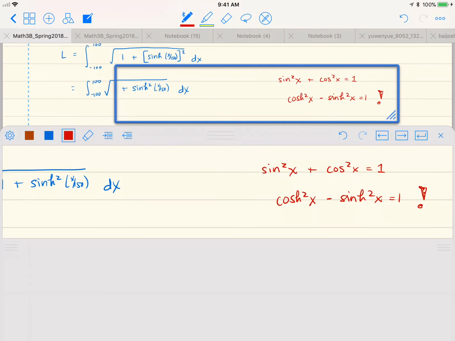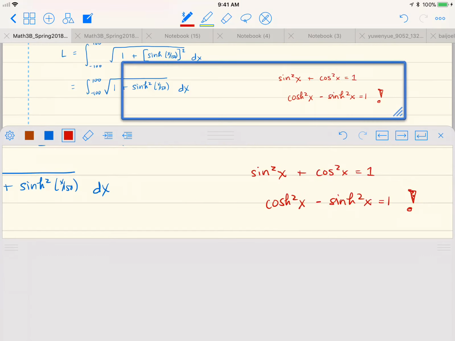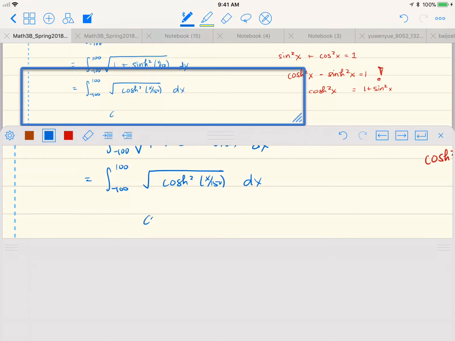So I can use that to say that 1 plus sinh squared of x is equal to cosh squared x. So in this square root, I'll have the square root of cosh squared x over 150, but that's just going to leave me with cosh of x over 150 dx,